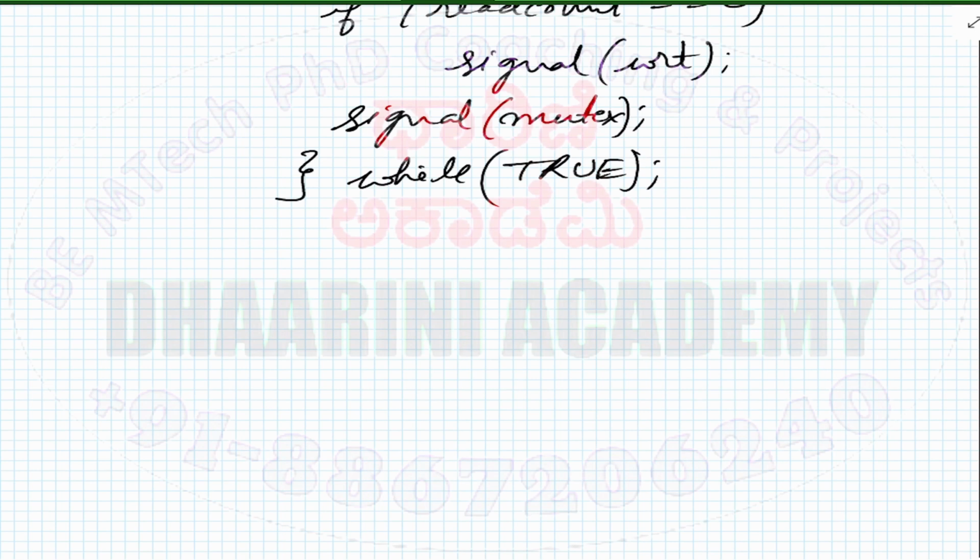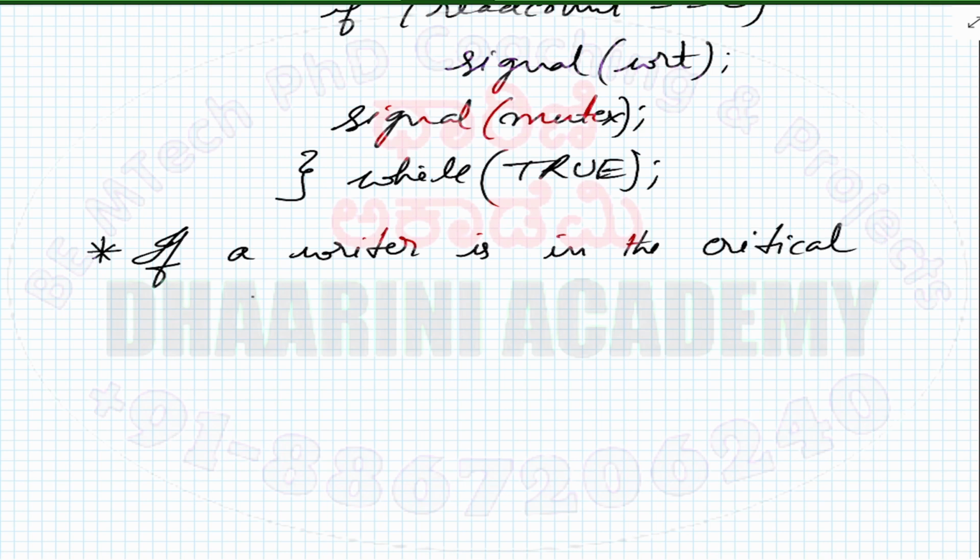So if a writer is in the critical section and n readers are waiting, what happens here? One reader is queued on the WRT and n minus 1 readers will be queued in the mutex. This is the solution. What's the solution you're providing now to the problem? This is a particular solution, right? That is, if a writer is in the critical section,